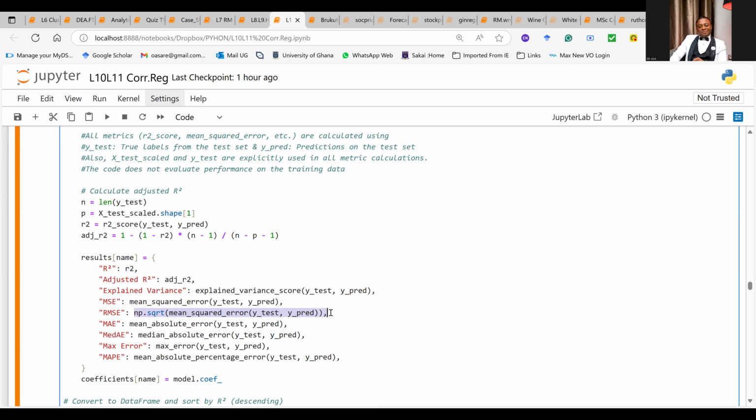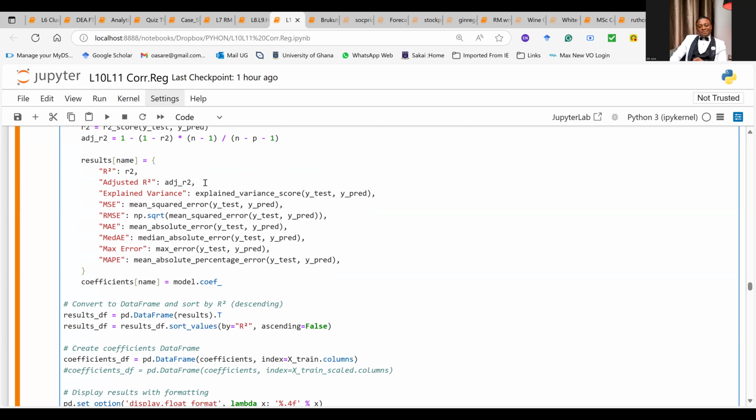It's the mean squared error, watch it, it's the square root. So I have to bring the square root here. I'm adding the formula to it automatically. It's the square root of the one above it, the mean squared error from the test set, using the predicted value.